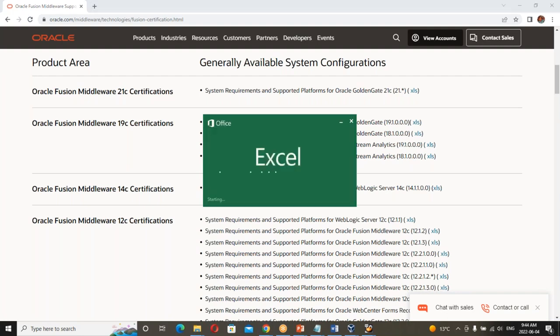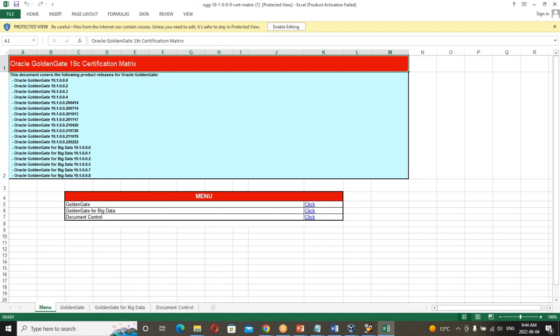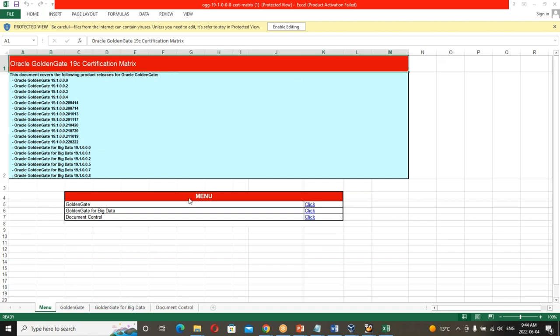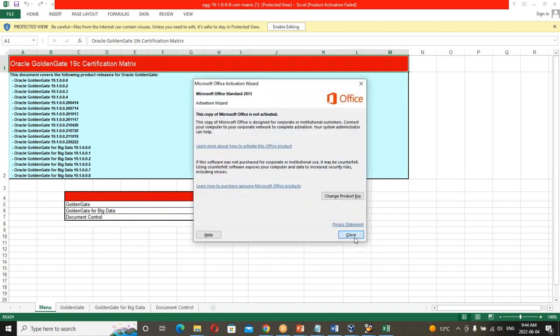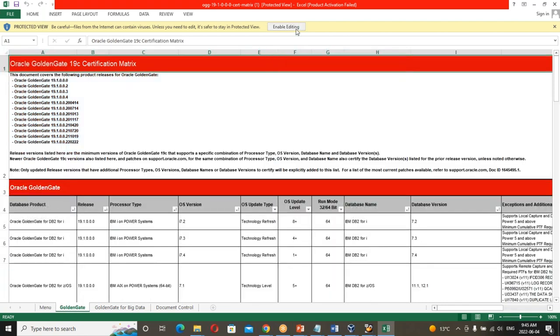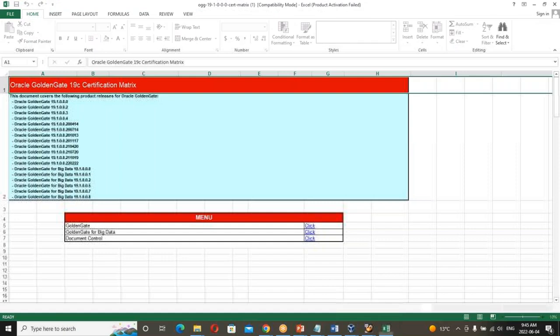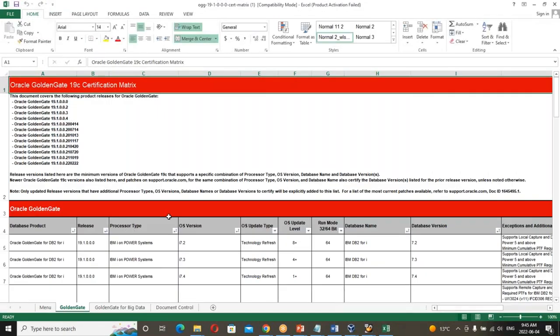Now this certification matrix will tell you what all databases it supports, what all platforms it supports, everything it will show to you. So I'm opening the certification matrix. Let us allow it to open. Okay, so we'll select this GoldenGate. Okay, now this is the certification matrix. So here, first of all, we'll check